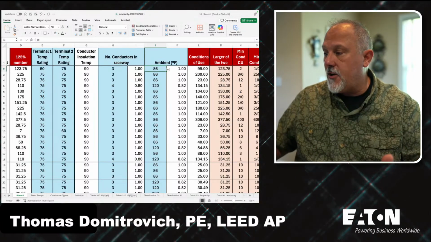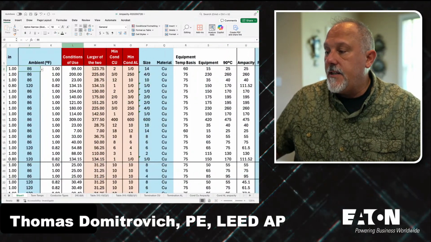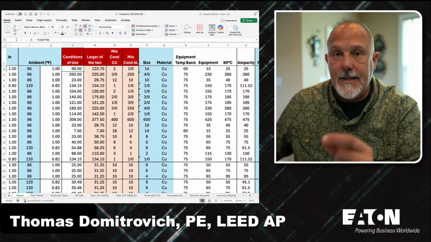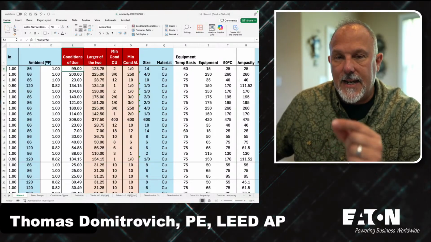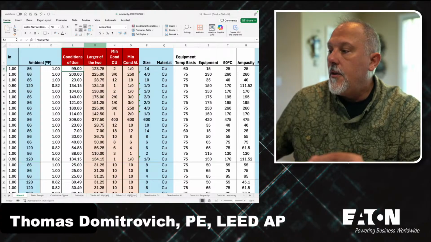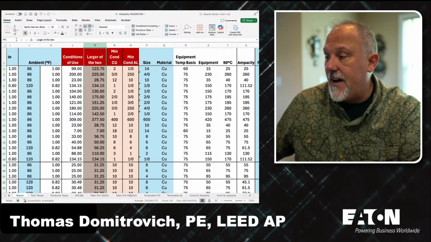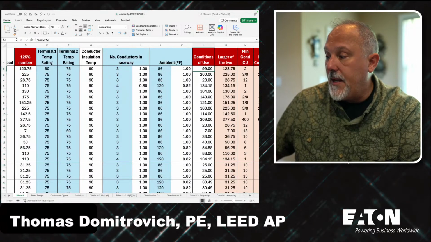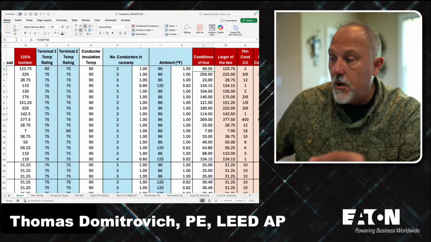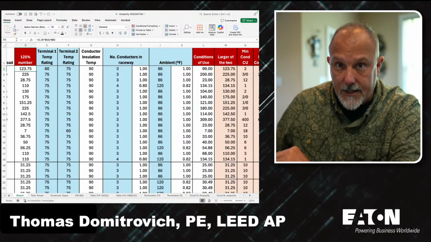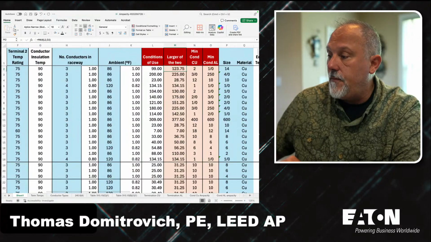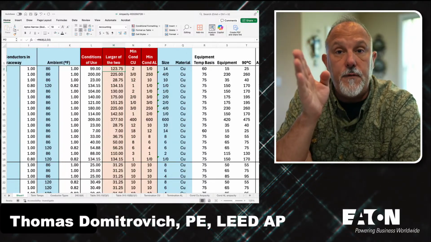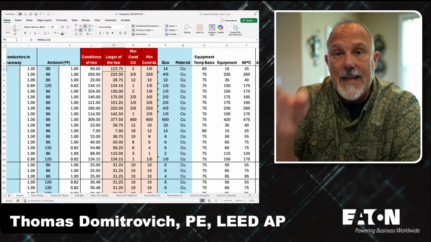All right, so I've got my ambient correction. These are my conditions of use, which is basically the ampacity, that's 99. So my conductor ampacity has to at least be 99 amps. The larger of the two is 123.75, which means my 1.25 is the larger of these two, whether it be 99, which is based only on conditions of use, or 125% without the conditions of use. The larger of the two is 123.75, so now I know my minimum circuit ampacity for Article 215 and 210